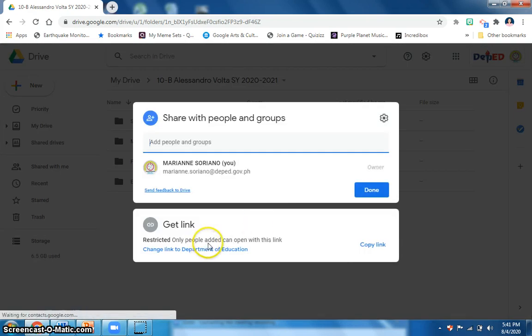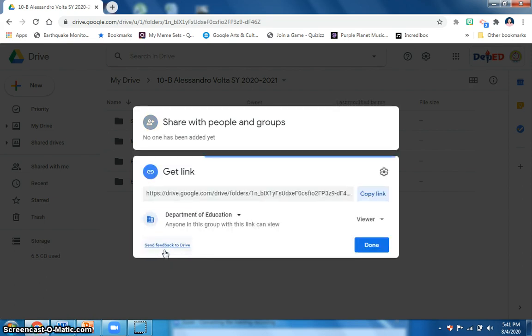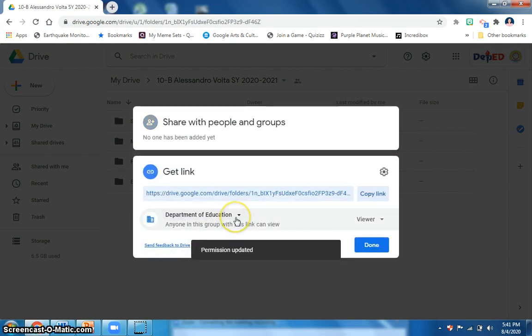So, for the accessibility of the learners or parents, viewer. Kasi even if they are viewer, they can download the files, save inside these folders. Okay? So, they can open the main folder and access the files inside the subfolders. Okay? So, let's say for example, pindutin ko muna itong change. Okay? Yung restriction ng folder. Gagawin ko, anyone,